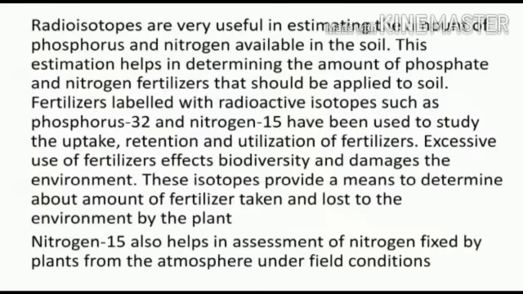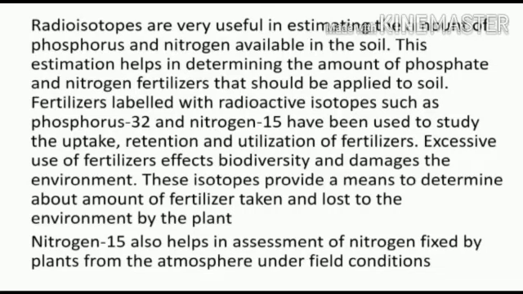Let us look into the uses of radioisotopes in agriculture. Radioactive isotopes have been widely used in agriculture to improve plant growth. Radioactive phosphorus 32 is added with phosphate fertilizer to the soil to improve plant growth. The uptake of phosphorus 32 from the soil by the plant is determined by measuring the radioactivity at different parts of